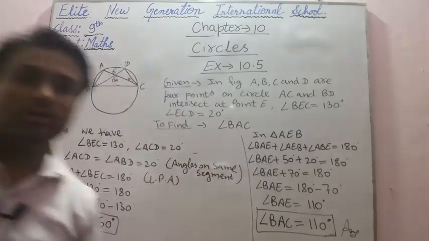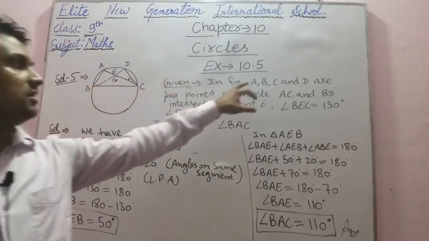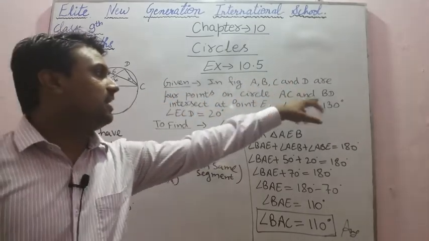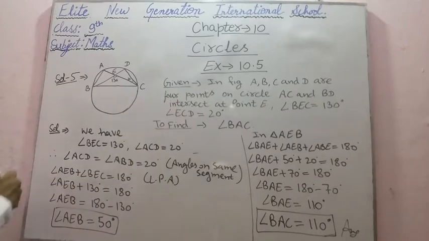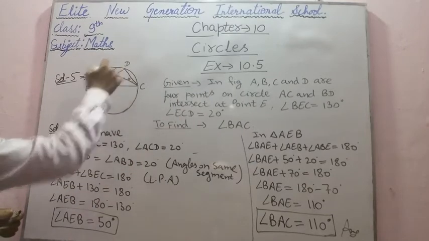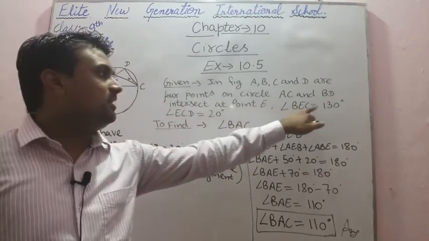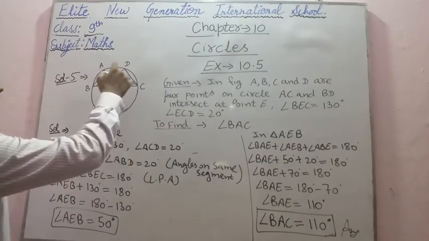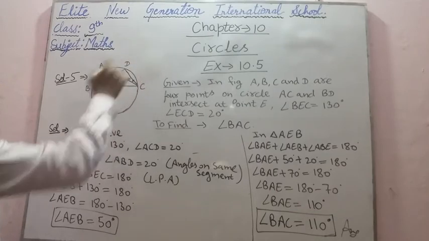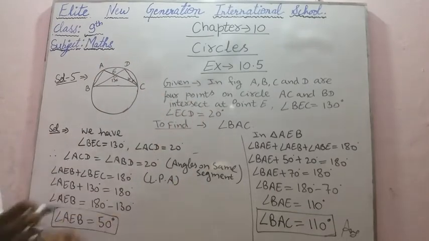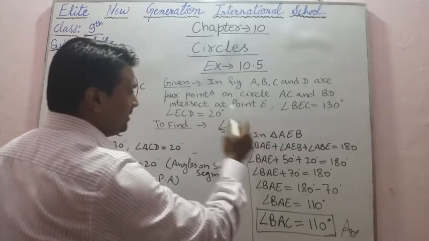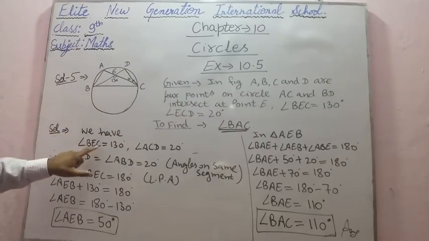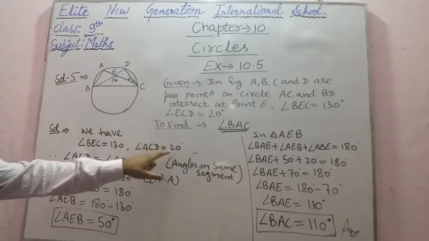So first of all, in this figure we have given A, B, C and D are 4 points on circle, and AC and BD intersect at point E. So here AC and BD intersect at point E, and angle BEC equals 130. This angle is 130, and angle ECD, this angle, is 20 degree. This we have given. Now here we have to find angle BAC. So after this, in solution, first of all we have angle BEC equals 130, angle ACD equals 20